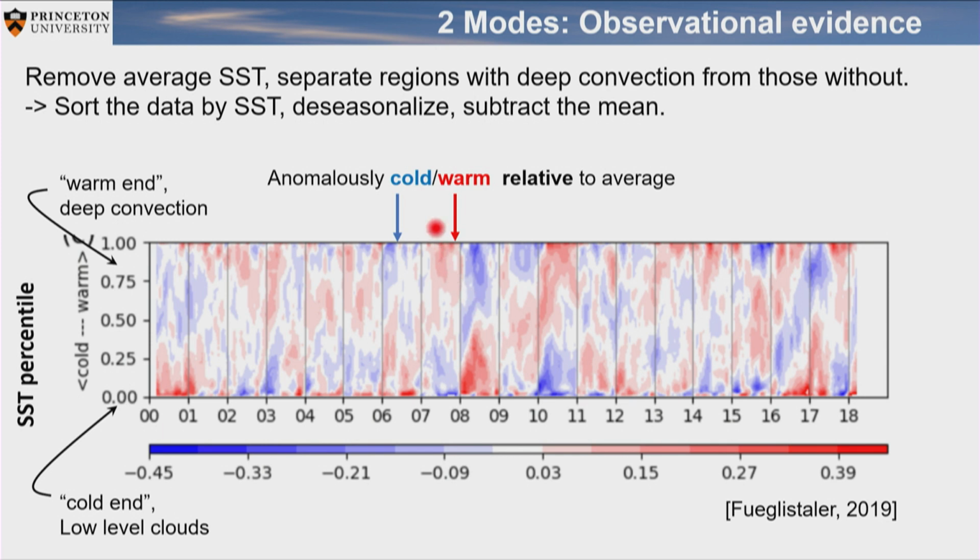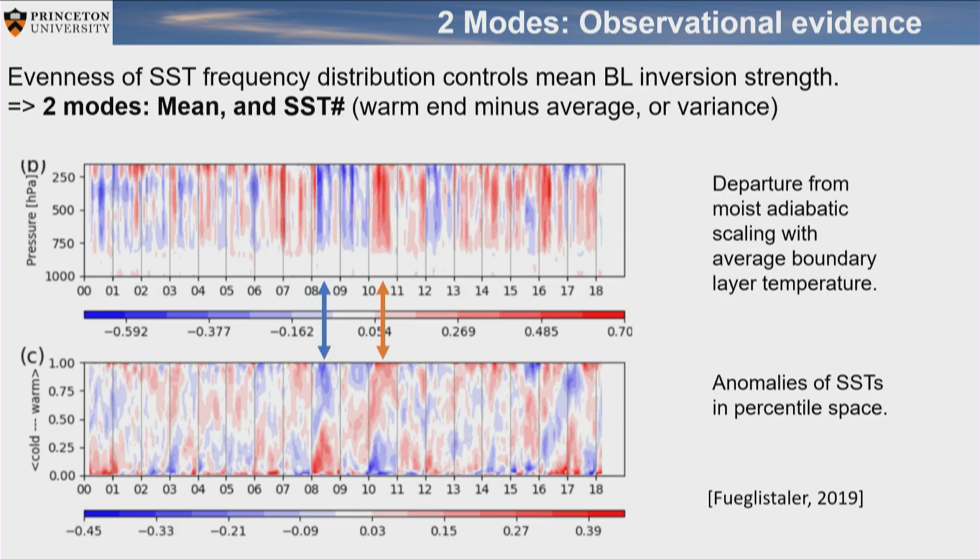On the other hand, when we have this situation, that means now the warm regions are anomalously warm. So that is a more uneven SST distribution. And we can line these two figures up, and you see that it is doing exactly what we expect. Namely that in these cases, for example here, when the free troposphere is anomalously warm, this is a state when the highest SSTs are anomalously warm. And vice versa, when it is cold there, the free troposphere is also anomalously cold relative to its usual state to the boundary layer.